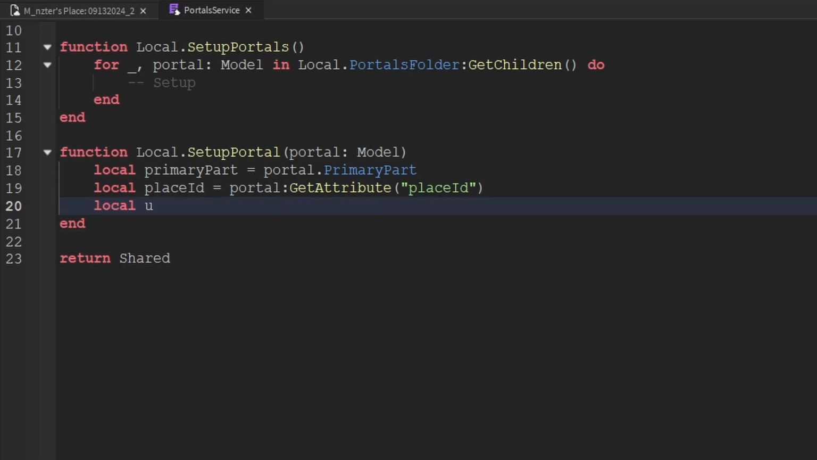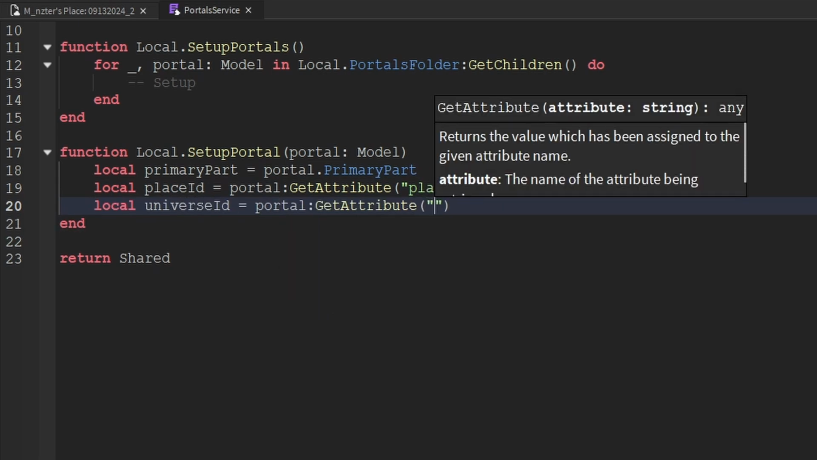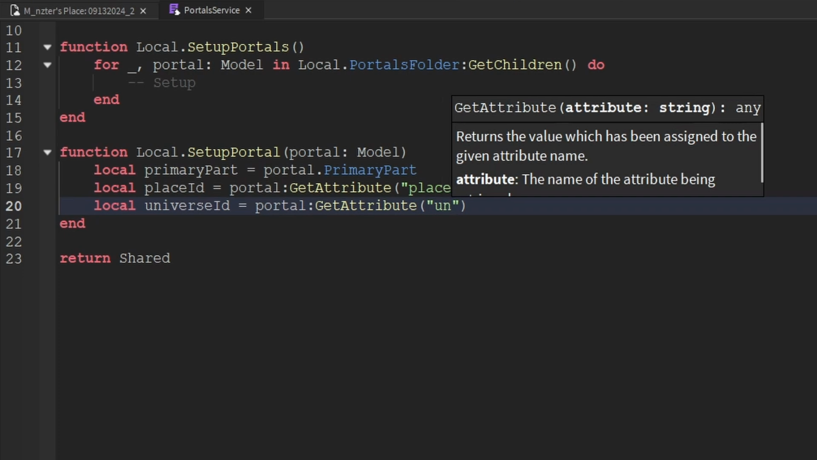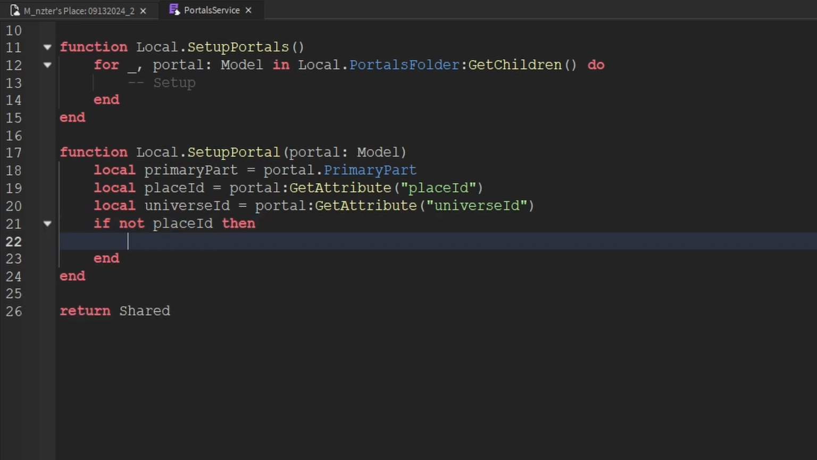Then we want to create a variable for the universe ID. And to get that, we're going to get it the exact same way. Of course, instead of trying to get the place ID, this time we want to get the universe ID. Now, if we're unable to find the place ID, then what we're going to want to do is